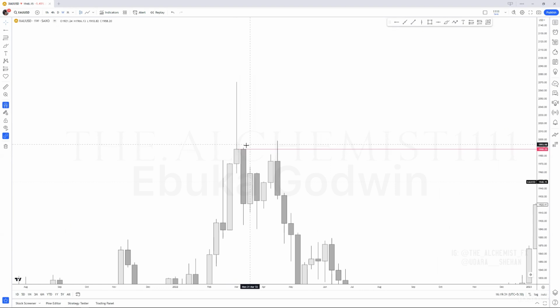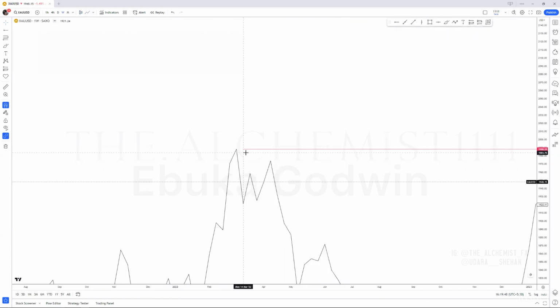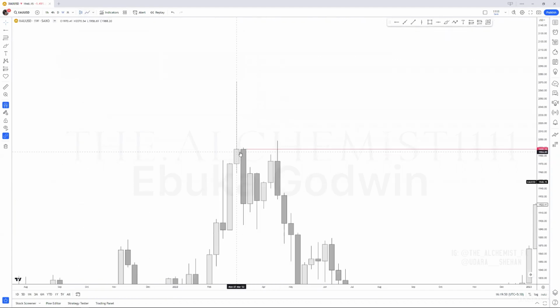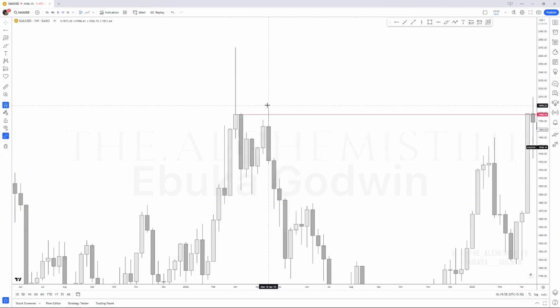Now, I see most people marking out this in here. Is this a closing price? No, this is not. This is an opening price. This is the closing price, because the line chart only prints the closing prices. If I put it here and go to the line chart, see, it's out of nowhere. So always make sure you mark it out on the closing prices. So there we go. The closing of this bullish candle is the one that created the resistance. So where did the market come into? Right here. See that?